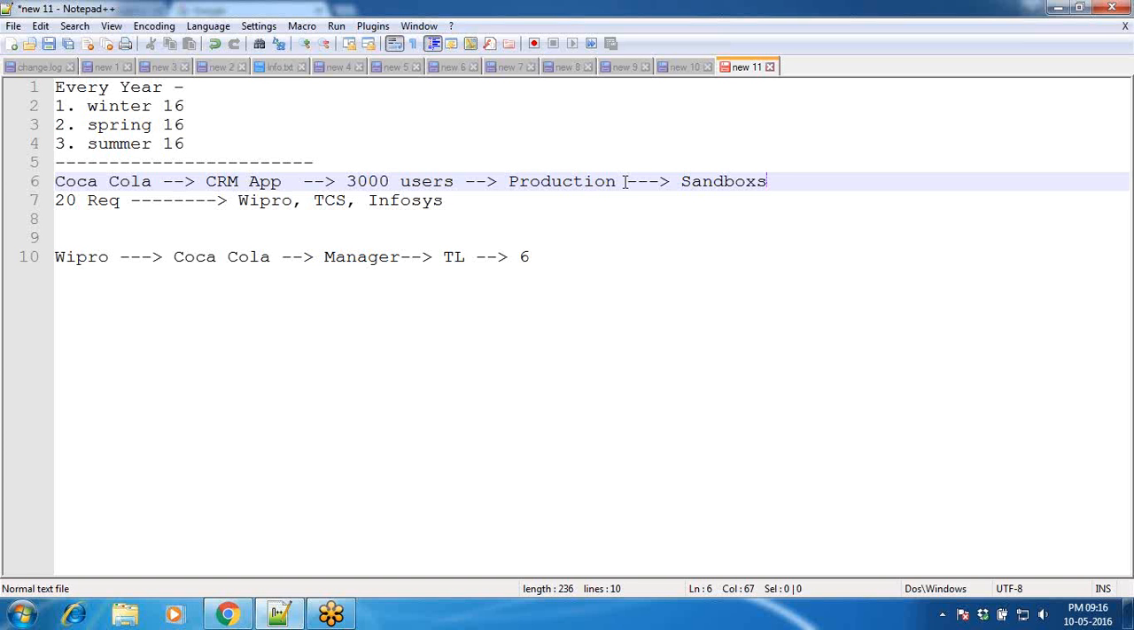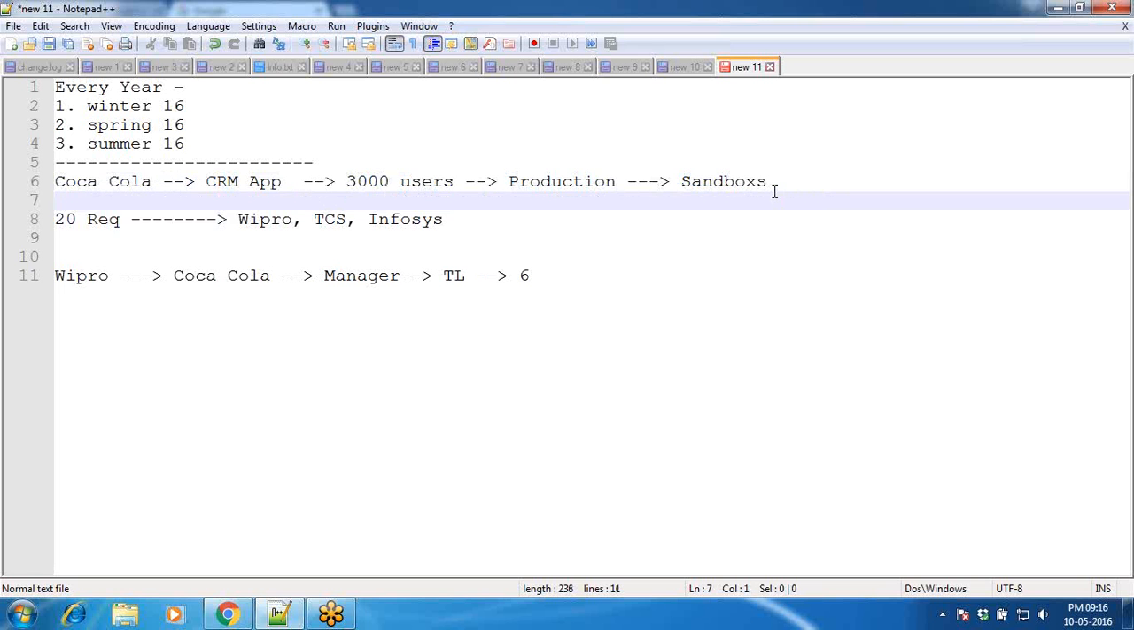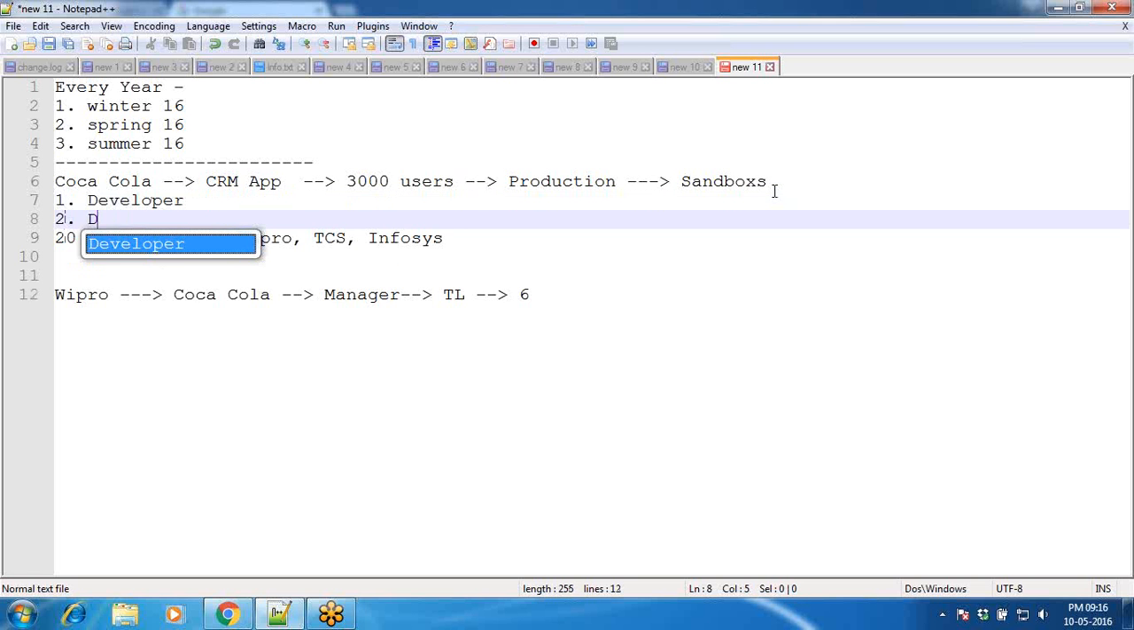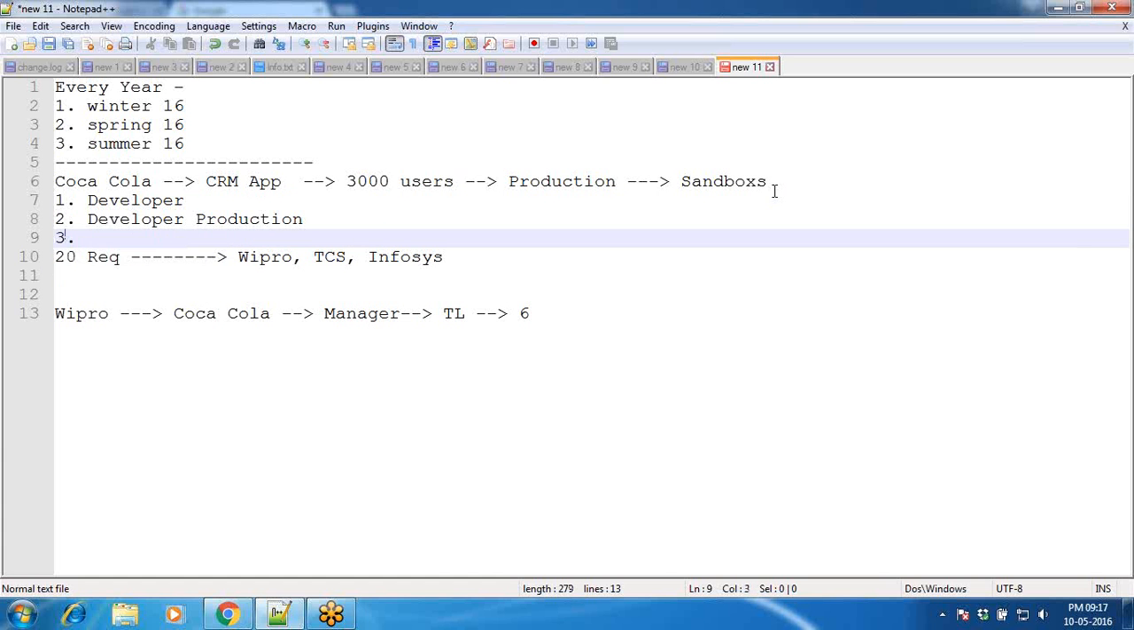Since in the real-time environment they should not make changes to achieve those 20 requirements, they can create sandboxes. While creating the sandbox, he can find different types of sandboxes and has to select which type of sandbox he wants to create. One type is the developer sandbox, then the developer pro sandbox,